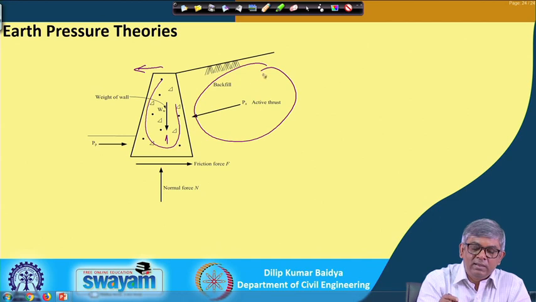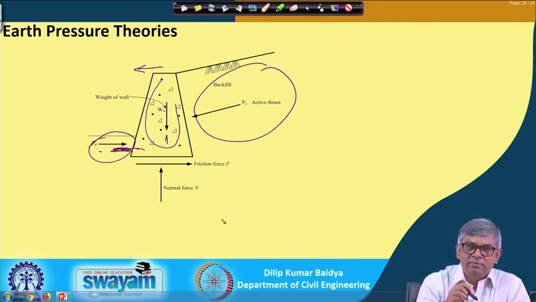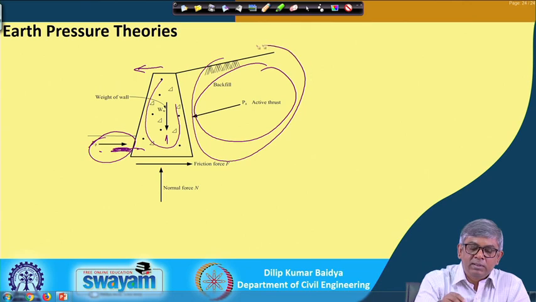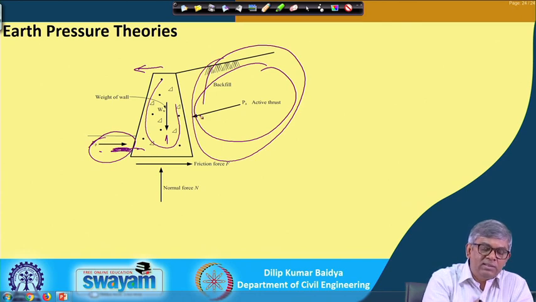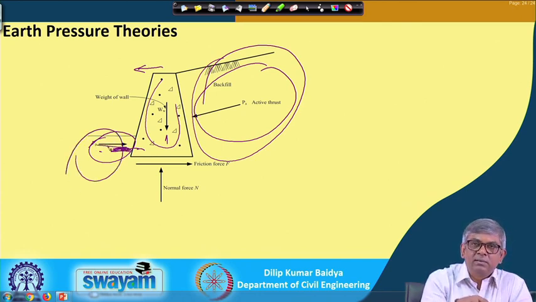So, if the wall moves this direction, that means there will be active pressure, and towards the toe side you can see it is embedded. So, when the wall moves this direction, this wall is actually pushing this side, towards the soil. So, that portion becomes passive. So, in the same wall itself, somewhere there will be active, somewhere there will be passive. How? Because of the huge height, this entire weight will try to push the wall this side, and when it tries to move the wall this side, that means this side is active, and when the wall is moving towards this soil, then this is passive.